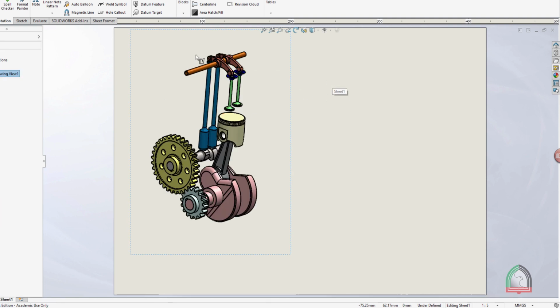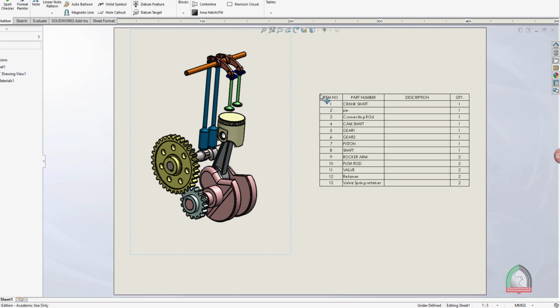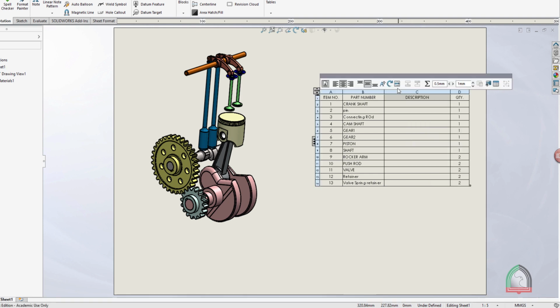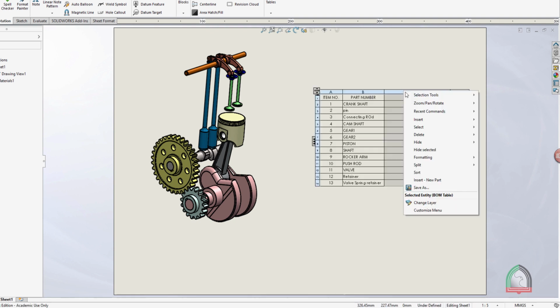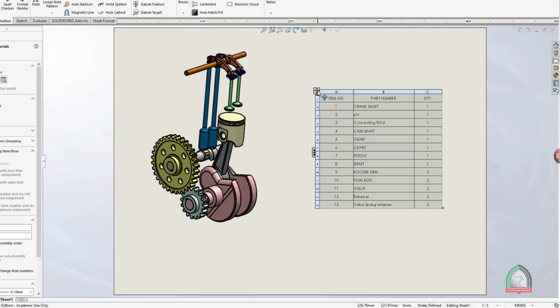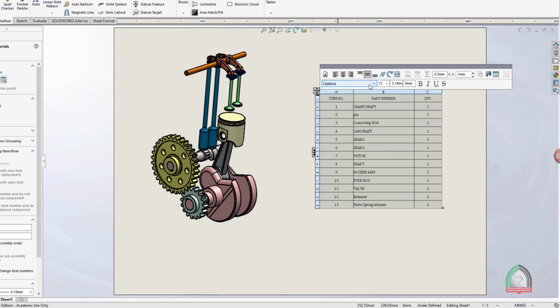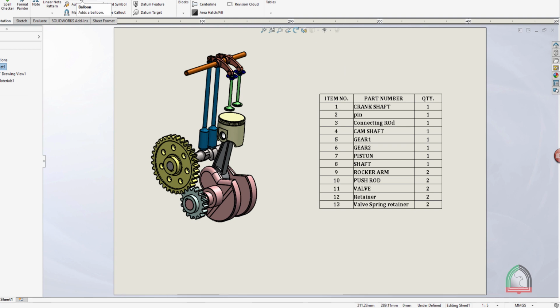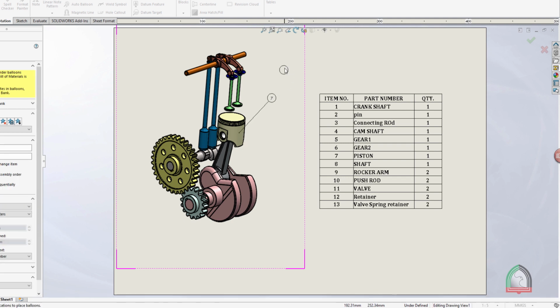Okay, now here also we have the bill of material. The same way we can call this one, and delete the column only. Now can increase the size. Okay, this is fine now. Now go to the balloon option and you can select individual component. That will automatically give the numbers. So starting with the piston,